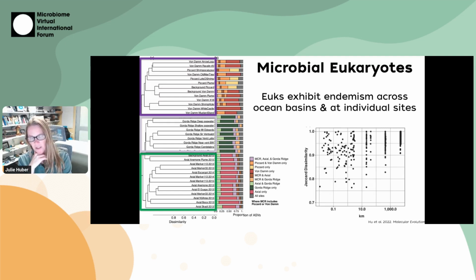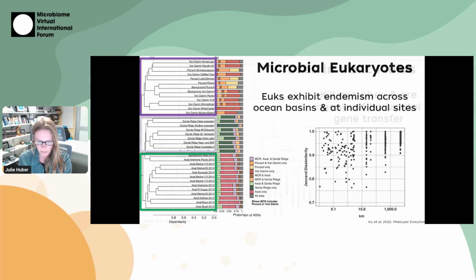We also looked at the distance decay relationship, and we see that vents that are very far apart are very different, but even sites really close together have a wide range of dissimilarity. And again, it highlights how localized at individual sites these patterns can be. And right now, Sarah and I have generated a ton of eukaryotic metatranscriptomic data from these sites, really trying to dig into the lifestyle of these organisms to figure out how they are maintaining this type of lifestyle in the vents, whether it's through parasitism, symbioses, heterotrophs, etc.